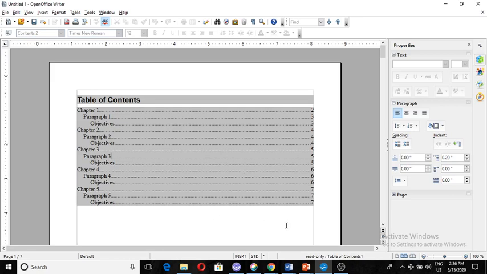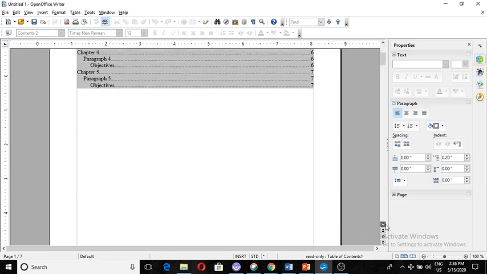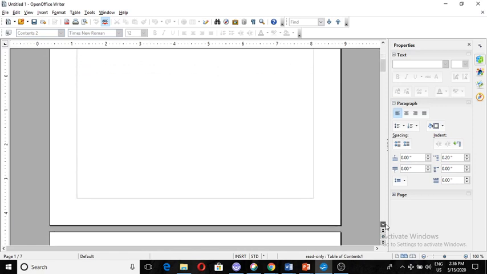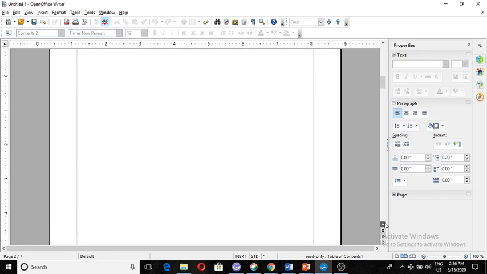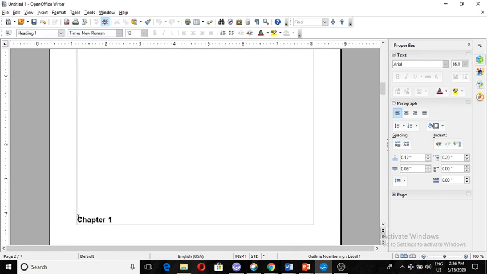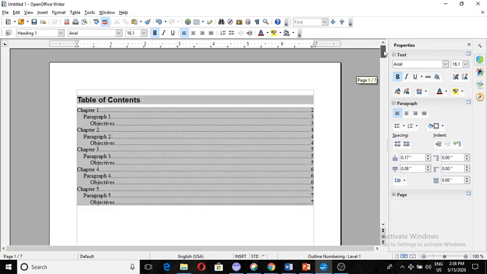Now suppose I have created my table of contents, right, but I want to make some changes in the page numbers. Chapter 1 was at page number 2. Now I shift it to page number 3. But if I go back to my index, chapter 1 is at page number 2.